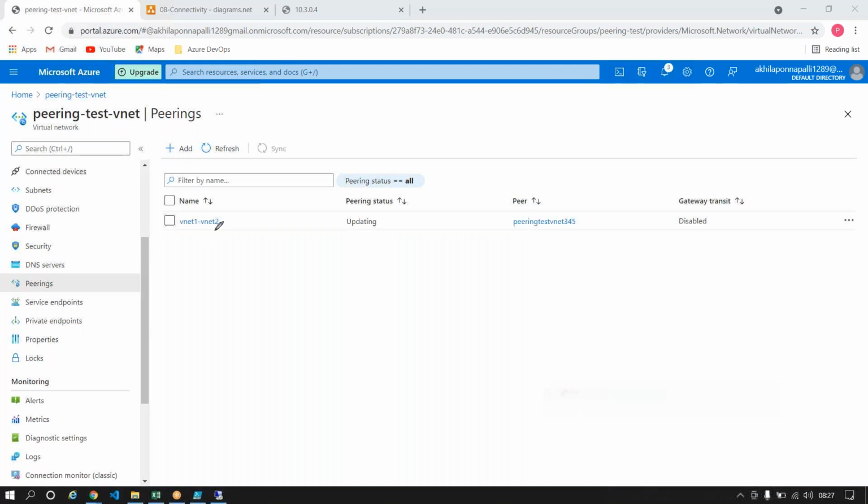You have peered, and the peering name is something like VNet 1 to VNet 2, and you have peered with a virtual network called peering test VNet 345. This is the virtual network that you have peered with. Great. If I go to this particular virtual network out here,